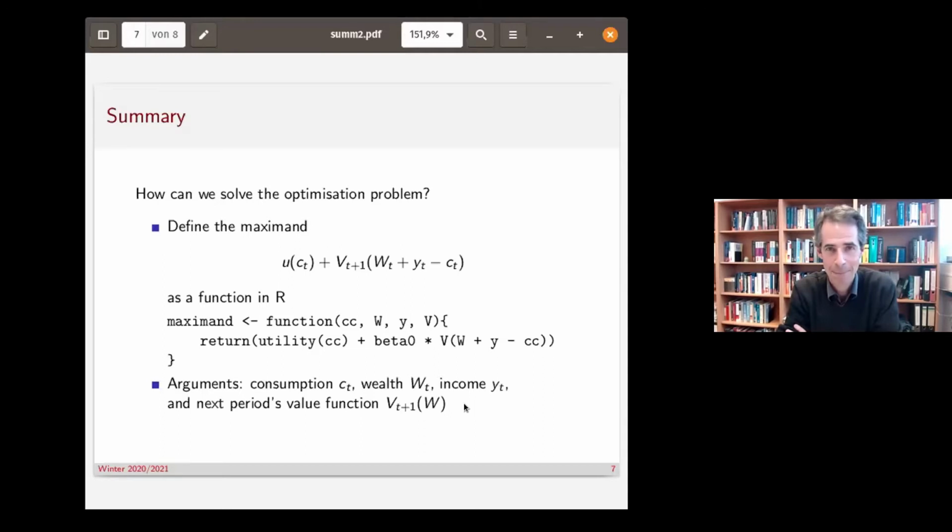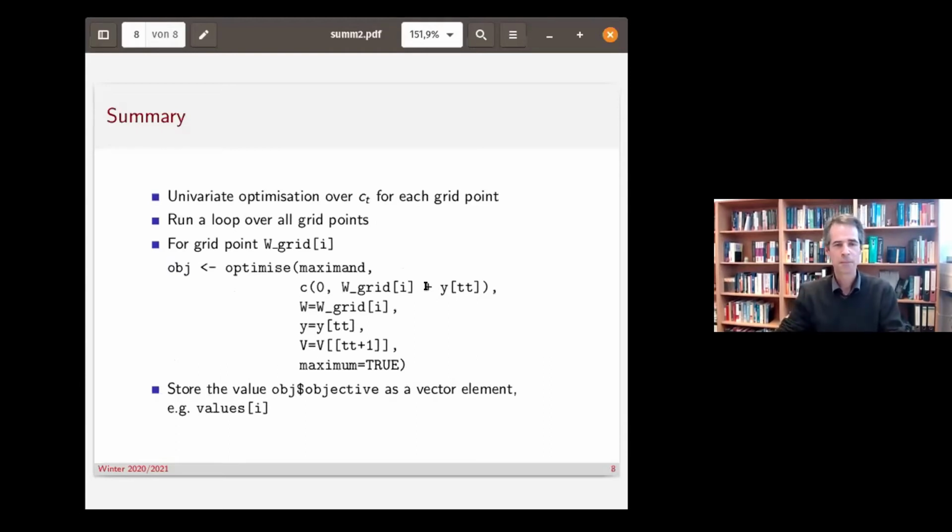Okay, and because there was a situation that puzzled me. Because I thought, well, how does R know that it's supposed to pick the right element out of the V, and so the solution is it doesn't. It's just another definition. Exactly. So maybe it would have been better to use a different symbol here to make really clear that this is not the stack of functions, but this is just an argument of the maximum. Okay.